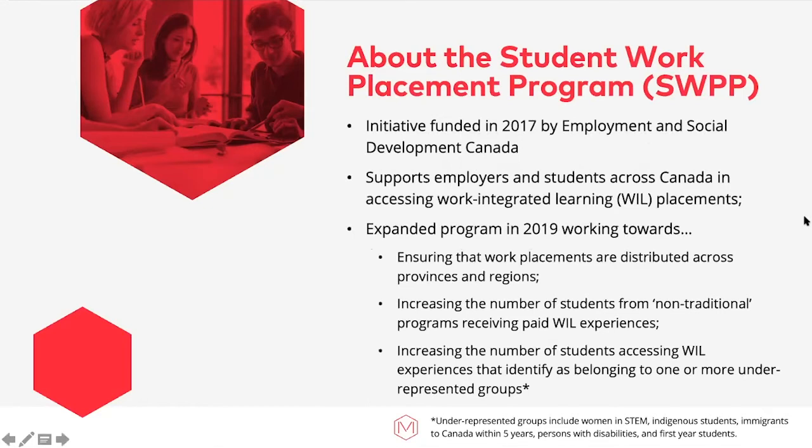So a little bit about the Student Work Placement Program itself. SWP is the acronym that seems to really get around. The Student Work Placement Program is an initiative funded in 2017 by Employment and Social Development Canada. And its aim is to support employers and students across Canada in accessing work-integrated learning, or WIL, placements. Many of you would know these as co-ops or internships, apprenticeships. There's a number of forms that a work-integrated learning placement can take. The program was expanded in 2019 to include a number of new